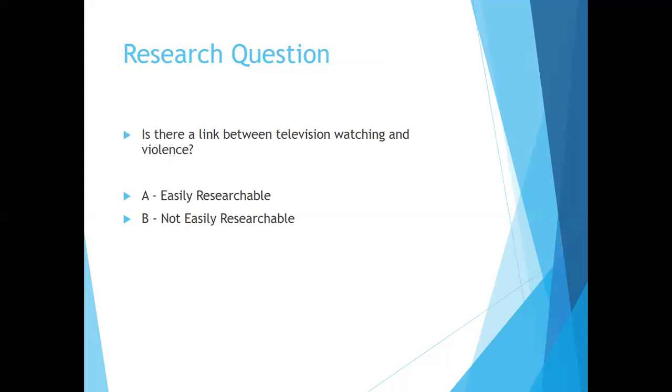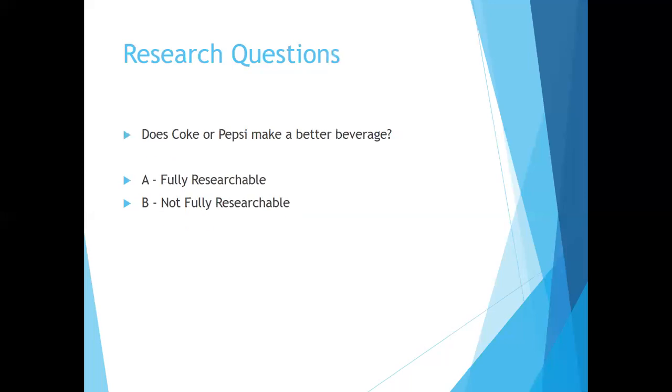Again, I'll have you make the decision of how you look at this individually, but let me give you some examples. It really depends on the research question itself. If you look at this as a yes, no, then I guess it could be researchable. But the question is, are we going to take a look at anything outside of this, any other environmental factor that may impact, which makes this not easily researchable because of the number of other factors that may be involved. So again, it just depends on how you read different questions and how you look through them.